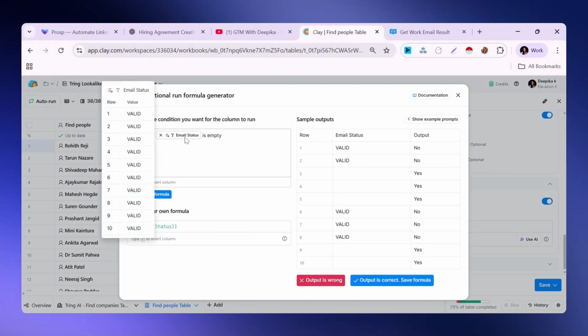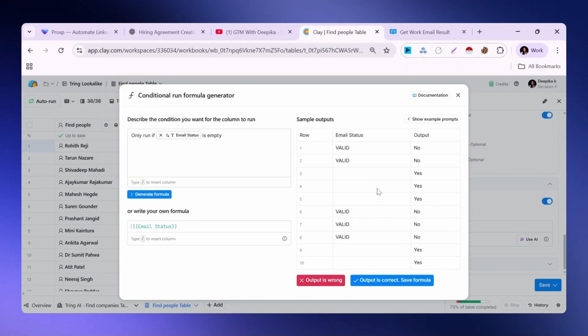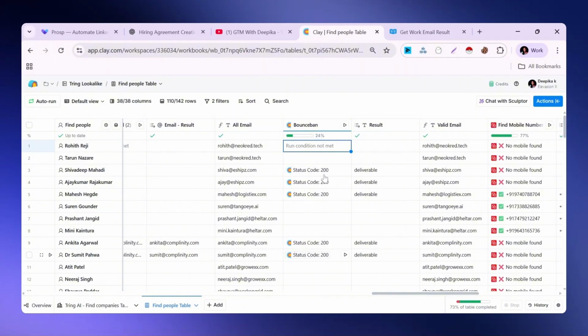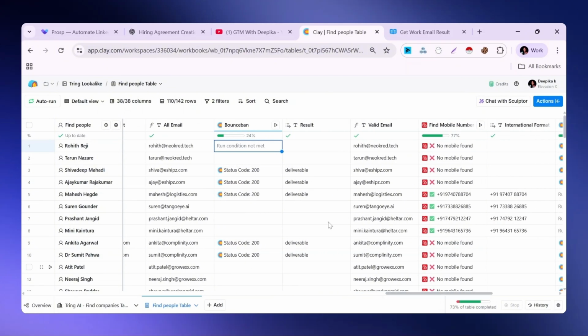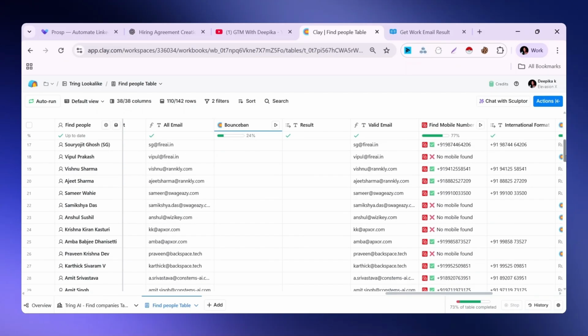So we have emails that are already validated. So we have to run the rest of those emails which are not validated. So I just created it. So it's already valid, so it will not run. But this is not validated, so it will run. As you can see, we run the verification process. Then we'll get the deliverables, and I remove all the undeliverable and risky emails here.